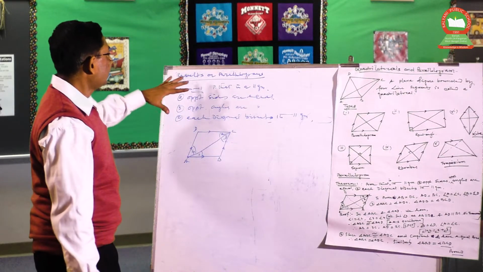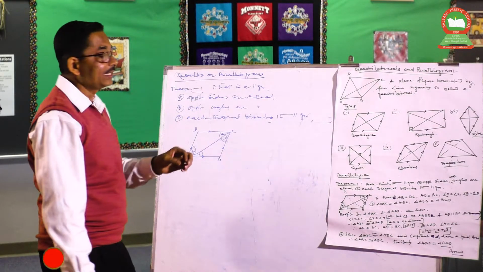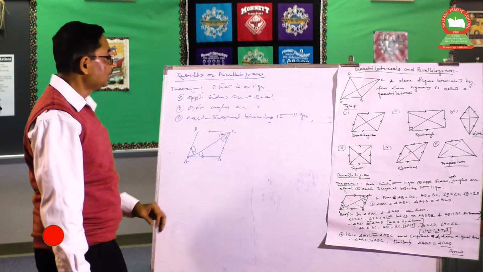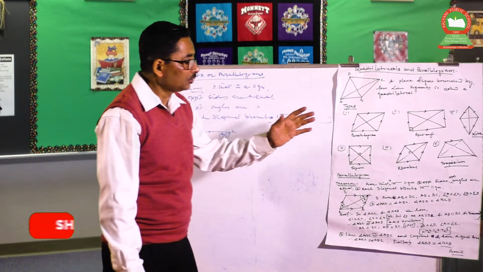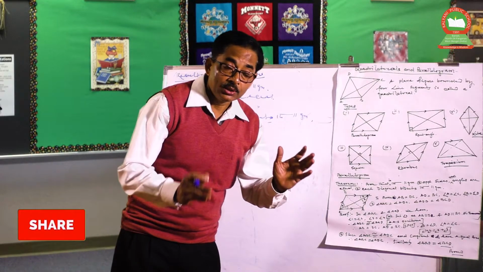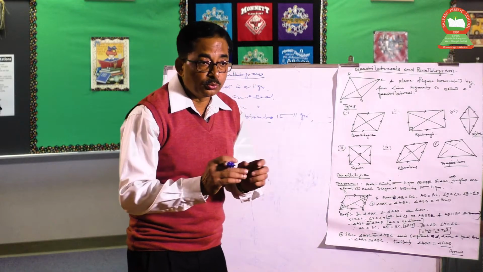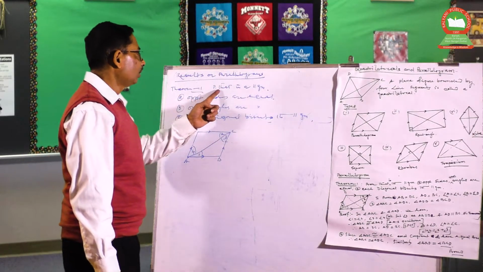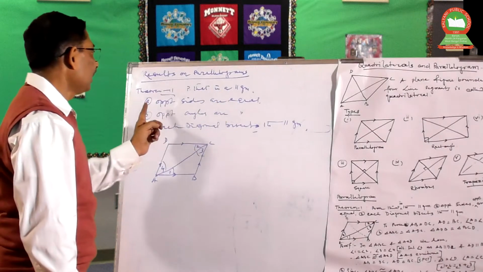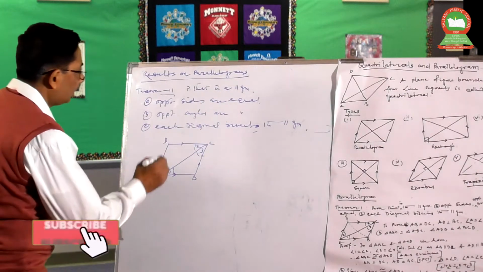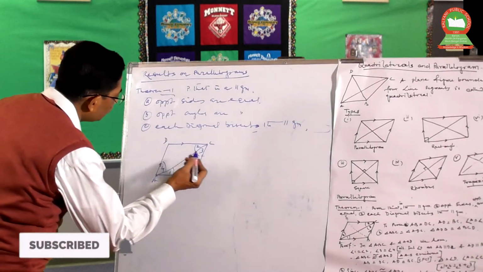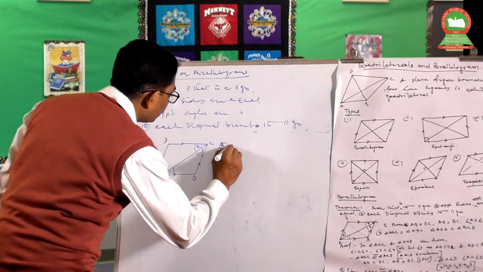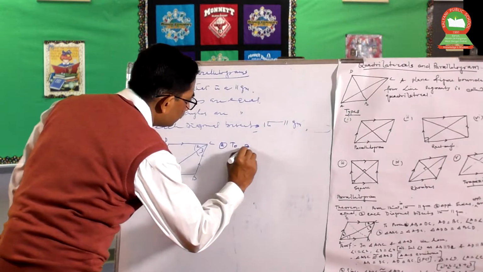See here now, results on parallelogram means there are so many theorems which need to be proved. You have already learned through Euclid's geometry what a theorem is, and that it is required to prove it. So here, in theorem number 1, we are going to prove that in a parallelogram opposite sides are parallel. Opposite sides are parallel, and we also know they are equal. That is the first thing, A, we need to prove.